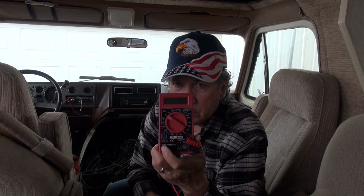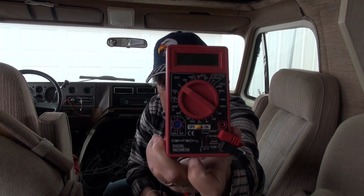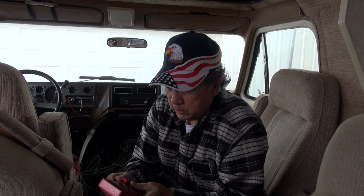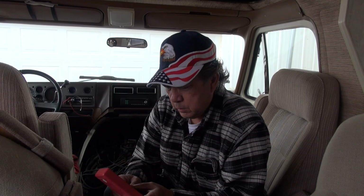What I did use is a simple meter like this. Get a good shot of that. And YouTube. And I listened to a lot of Scanner Danner's videos. He's very